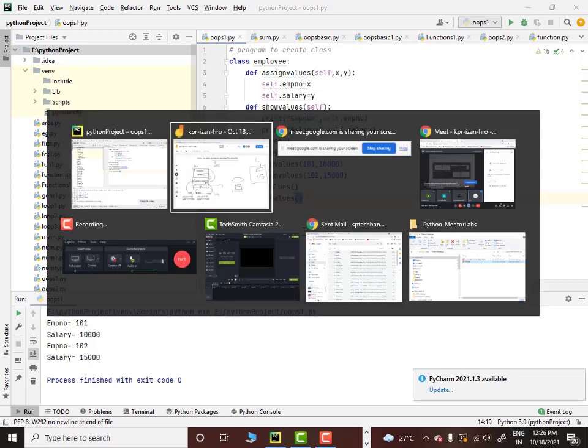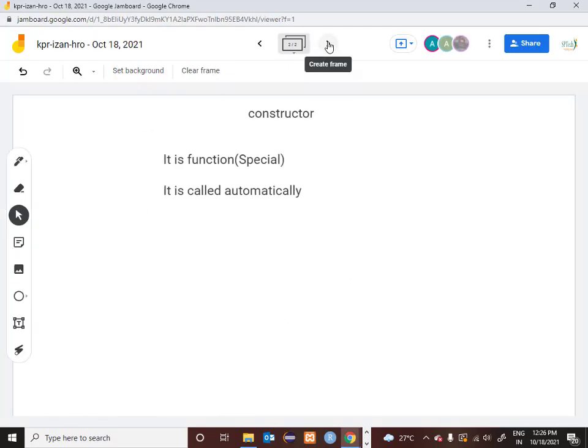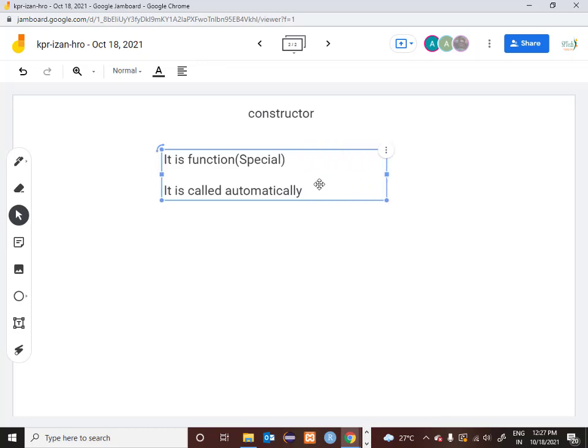But Python comes with a concept called constructor, where you can reduce this burden, where a method can be called automatically. So there has to be a starting point, like when it will be called. It will be called when an object is created. So as soon as an object is created, this method is called.